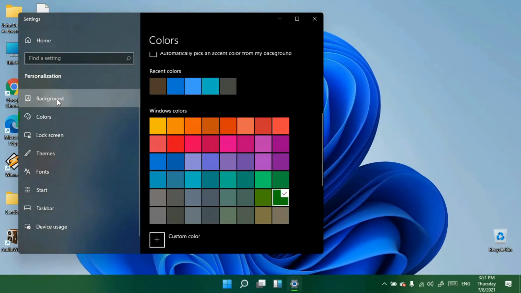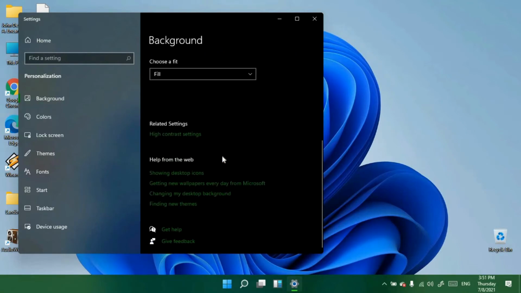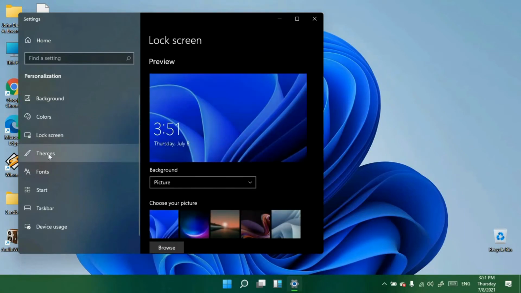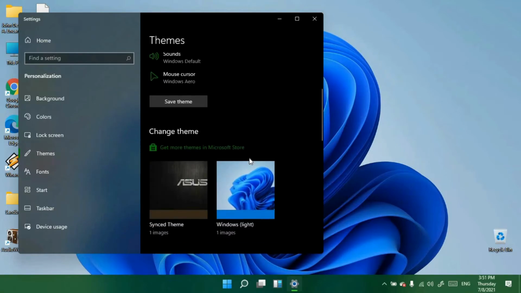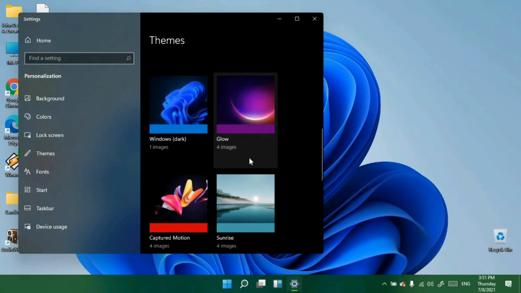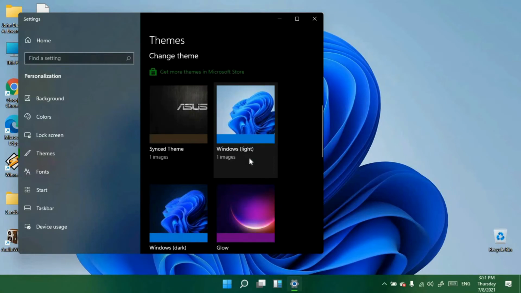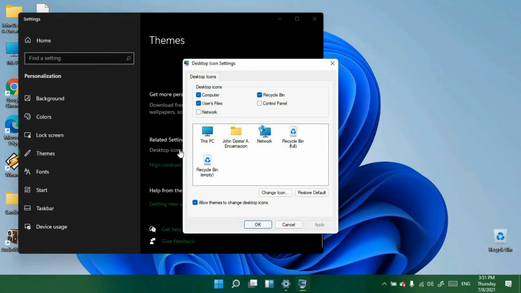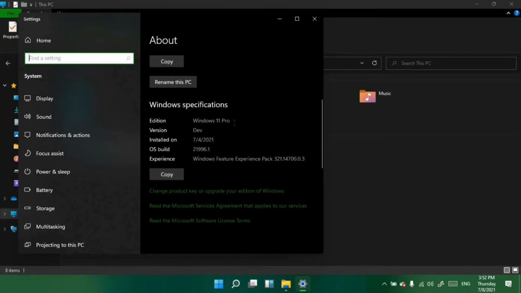Okay, this is, and also the themes, the background of this Windows 11, as you can see here. So this is also the themes, background, saved themes, color. So there's not so many, just only this one, but you can download more themes. And this is also the icon, so just the same. Windows 11 Pro,